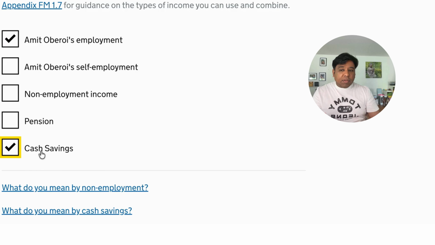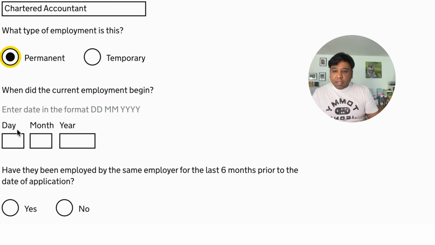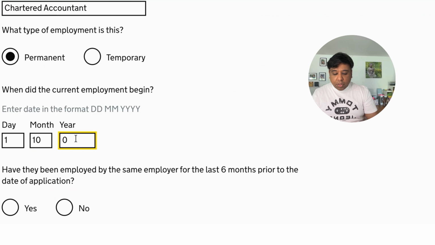But you can also show your savings if you wanted to, right? Current title of Amit: he's a chartered accountant, and his job is permanent. When did his current employment start? So imagine he started working on 1st of October